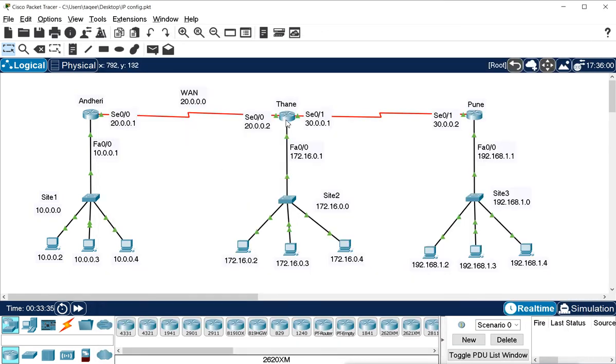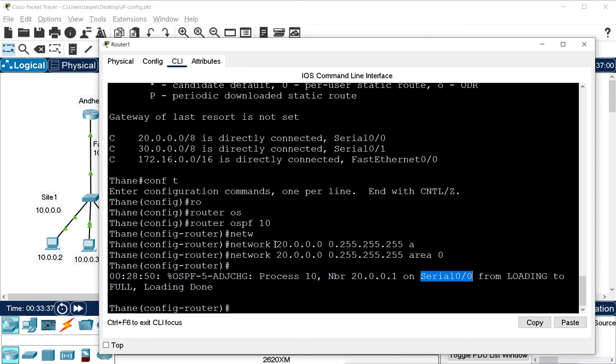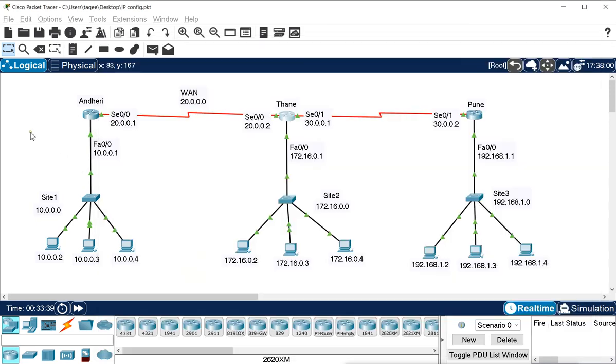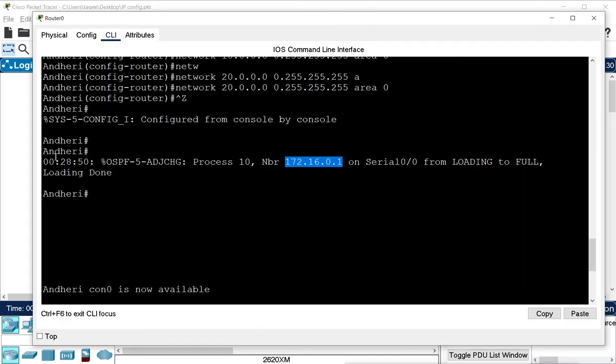So not only does this Thane router create the neighborship with the other router, which is this Andheri router, this Andheri router also knows about this Thane router. When we check this router here, we can see we also have the message of OSPF, with the process ID 10, which we configured on the Thane router, and this is the neighbor IP, and this is the interface from which the neighbor is connected.